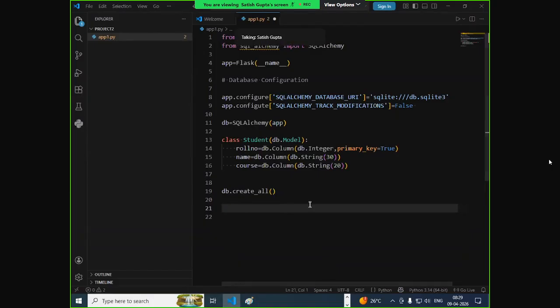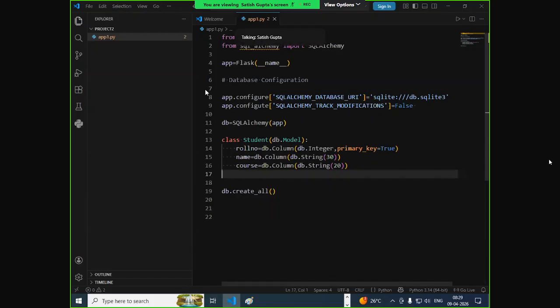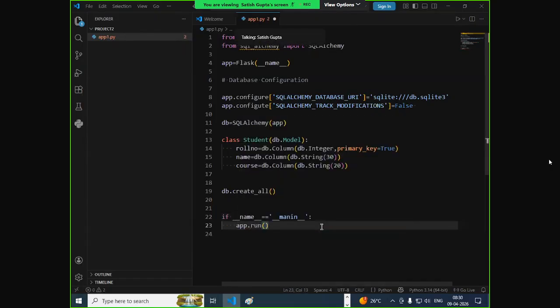Okay, right? Yes. Let us run this code. Save this. But here we are not running any server. If you want, you can run the server. How do you run the server? If __name__ == "__main__": what do you write? application.run